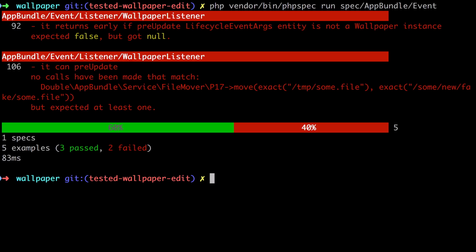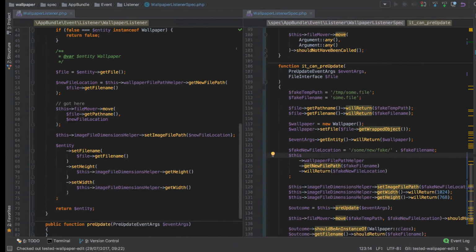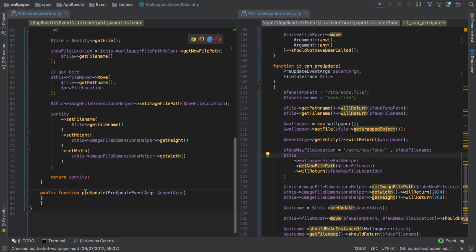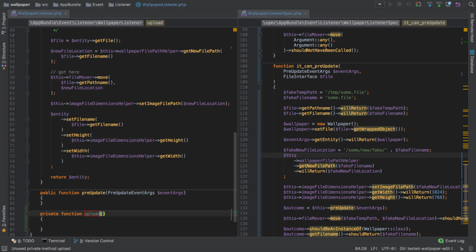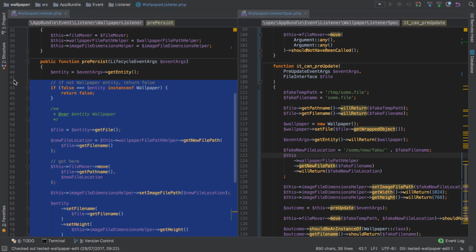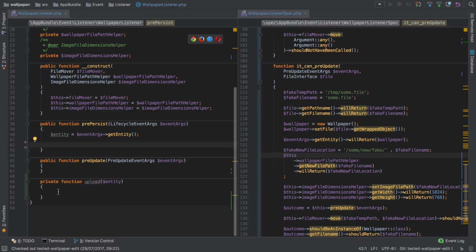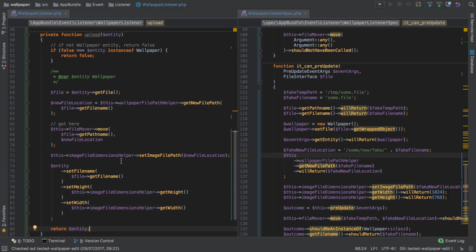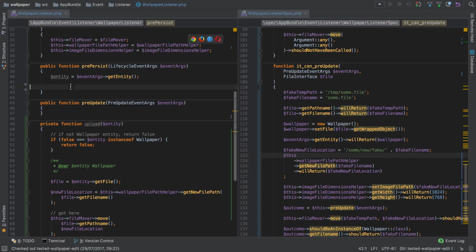We can see we got 2 failing tests, and that's expected because we don't yet have an implementation for pre-update. So the implementation I'm going to go with is entirely in line with what we went with during our untested approach. It's going to have a method called upload, which is private. It's going to get given an entity, and pretty much all of this here that we covered before is going to be extracted out from pre-persist, put into our upload, and then both of these need to be updated to